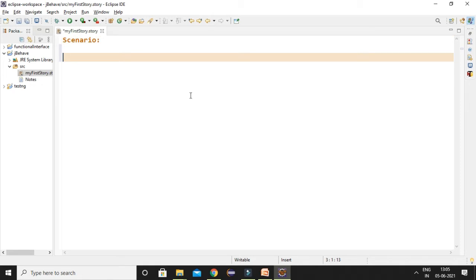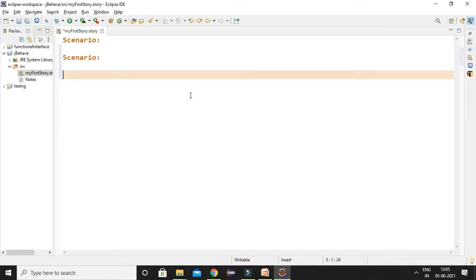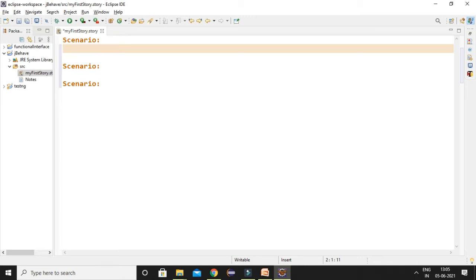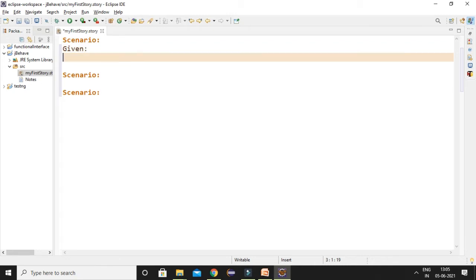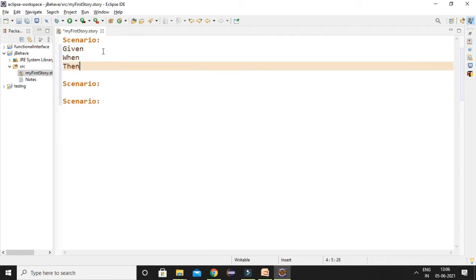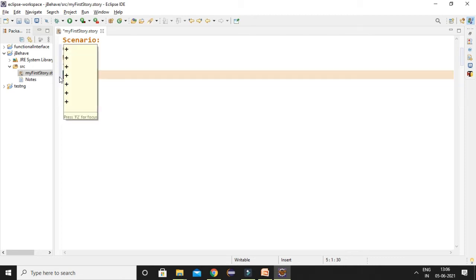A story file can have multiple scenarios, which represent a part of the behavior of your system, and each scenario can have multiple executable steps with the keywords Given, When, Then. Let's think of an example.